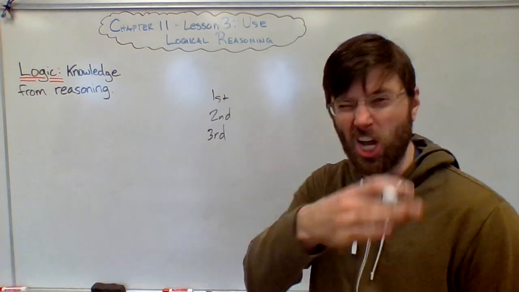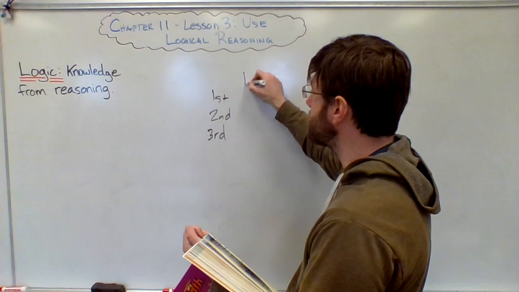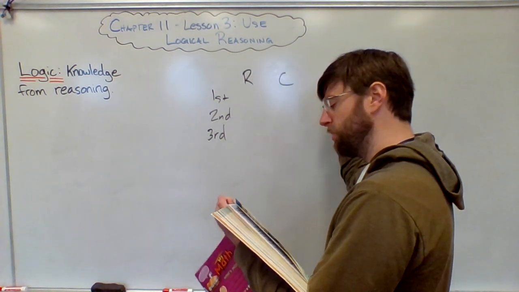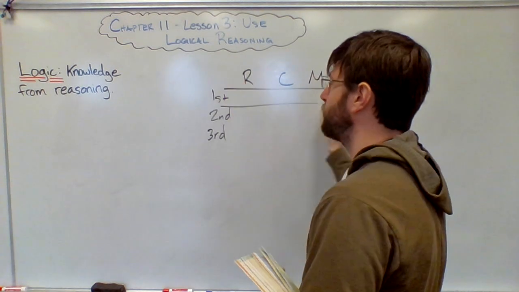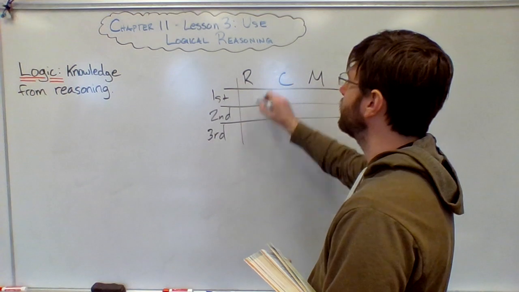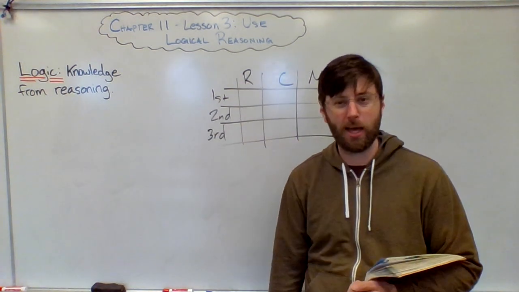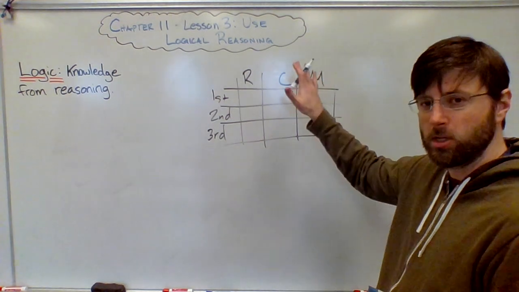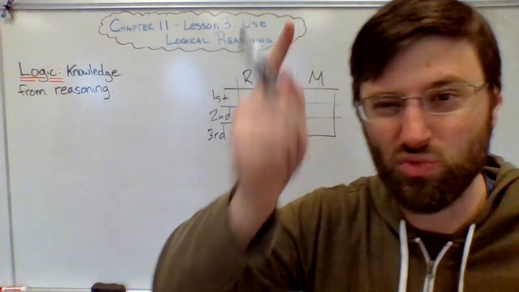And then I need the dogs' names. Up here, we've got Rocky, we've got Coco, and we've got Marley. Good old RCM. And this should look pretty familiar. Oh man, it's like a logic puzzle that we've been doing in our math choice packets. So I'm going to be able to use this chart and logical reasoning to solve the problem as I reread